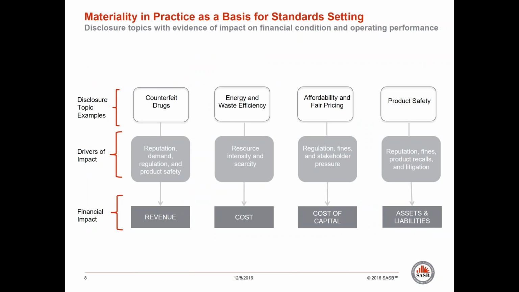And so these are issues that affect different companies, different industries differently. So some examples of these might be the risk of counterfeit drugs entering a pipeline for a pharmaceutical company. That could potentially affect the reputation of that company. It could affect demand for that product if consumers and prescribers can't be assured that the pipeline is safe.